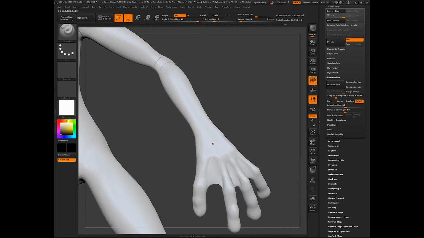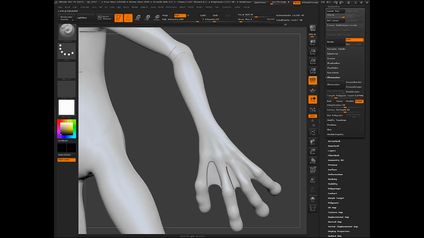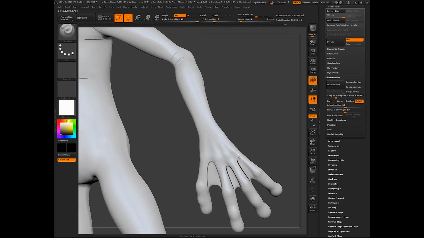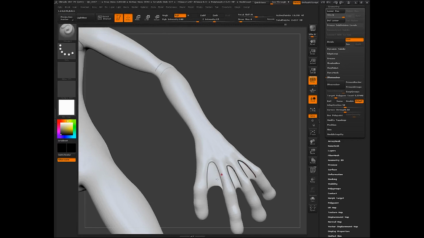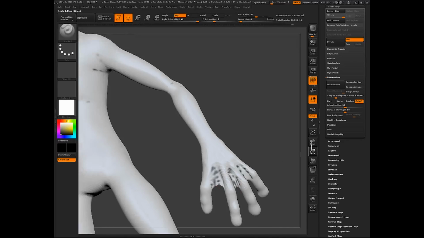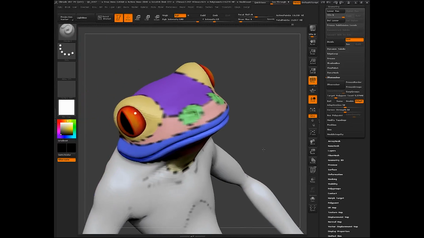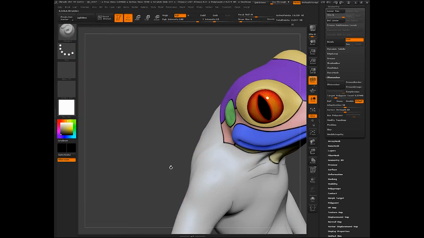So you're going to think about where we're going to need to place these edges, like for instance, inside the webbing, we want the webbing to be able to collapse. So we're going to paint in some areas where we'll be able to hold that webbing and we can collapse things. So you just basically plan out all of these areas and how that area would collapse, and you can see that those edges would allow us to go ahead and collapse that webbing if we needed to bring the fingers together.